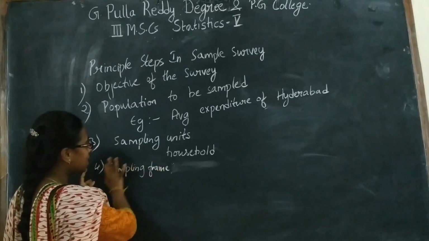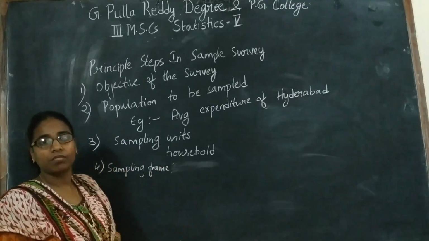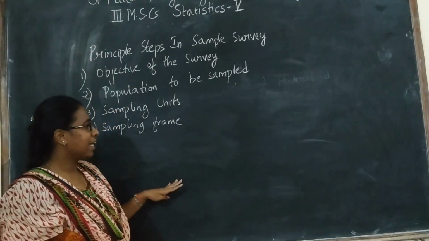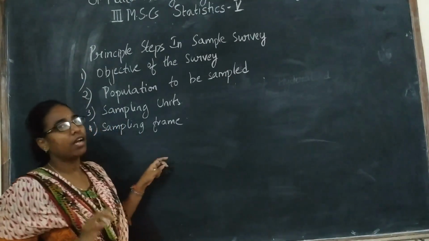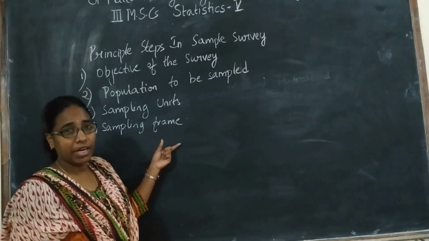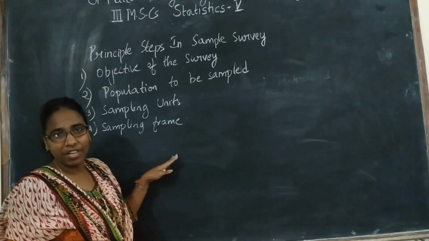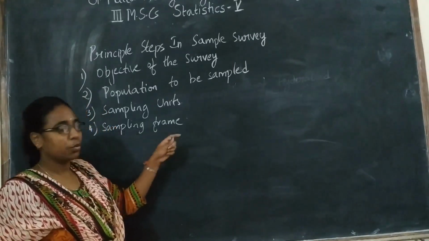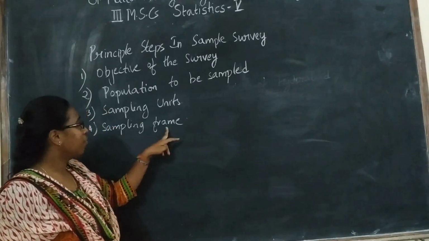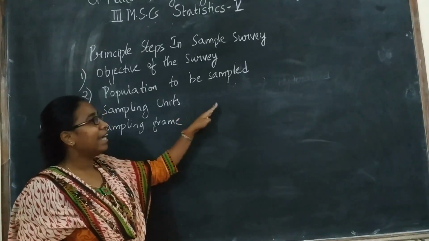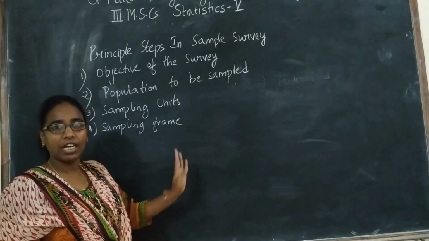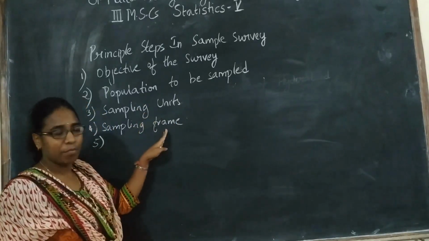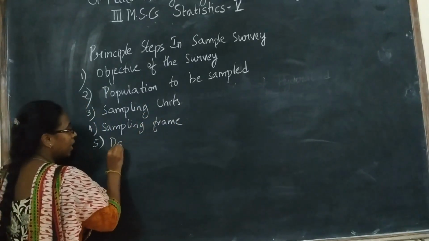So we have to select the sampling frame carefully. We observe carefully. If you are considering the voter list, you have to check that voter list carefully whether the details given in that are perfectly good or not, whether they are accurate or not. So that if you have any defects, you need to rectify them and do the following procedure. Whatever the required procedure to remove those defects, we will do. So the sampling frame should be taken carefully and whatever mistakes you have in that should be detected. Next, after sampling units and sampling frame, is data to be collected.